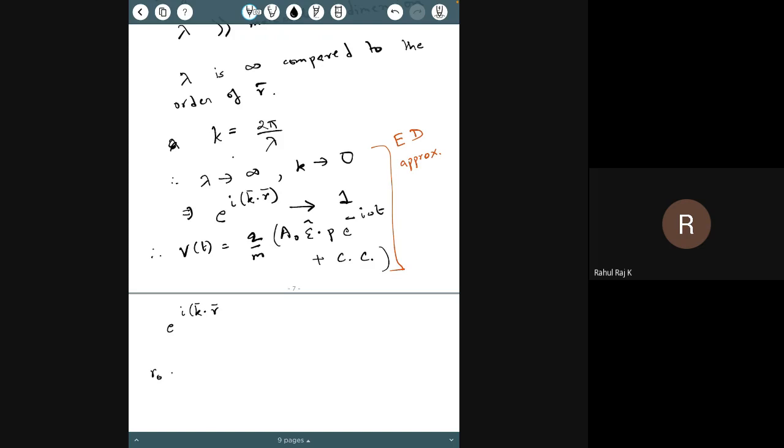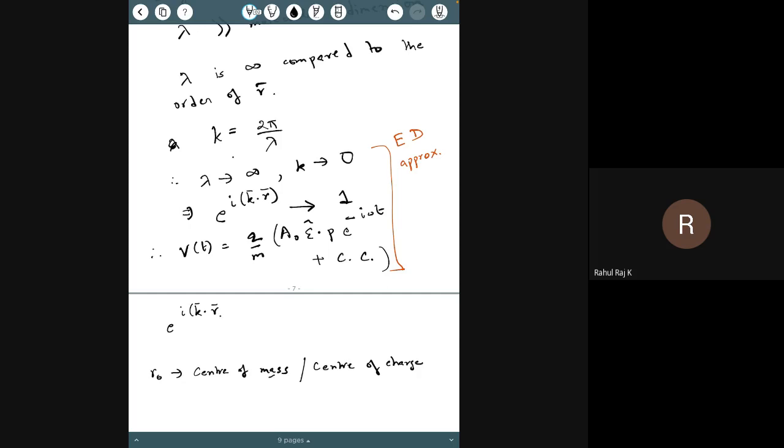So if I say R0 is maybe the center of mass, you can also take center of charge, for example. So you expand it about some suitable point, and then you say that